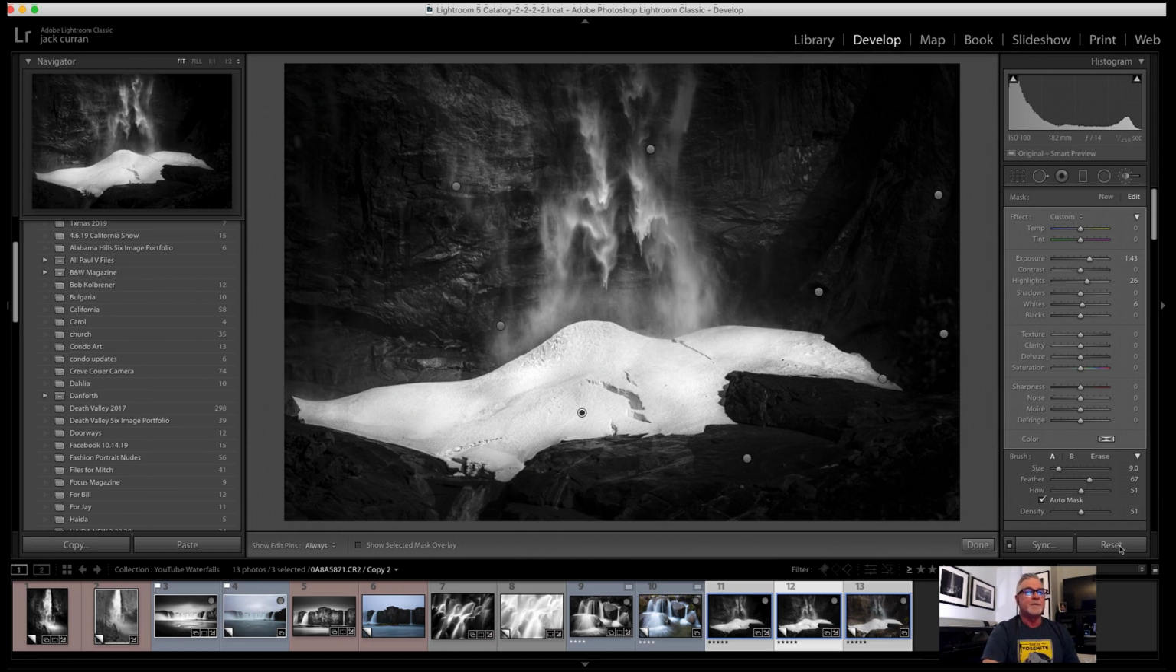All right, so that's a pretty good take on a waterfall. As you can see, I quickly went in and showed how to do a high key one. But you know, I hope this helps, and I hope that answers that question on the person who wanted the